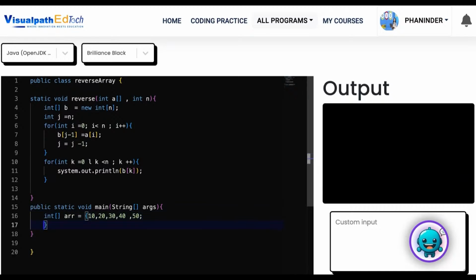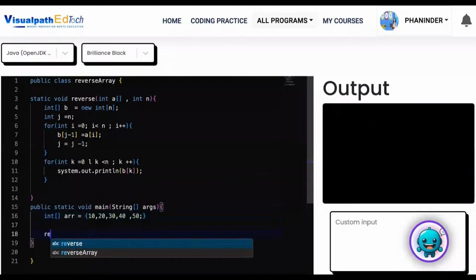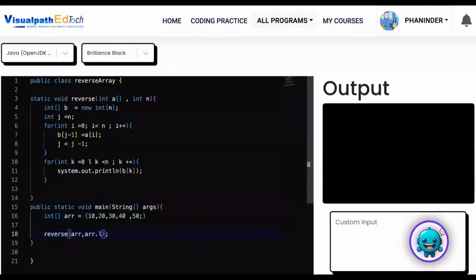Then what we do is we call the method reverse, array comma array.length. So what this does is it prints in reverse order. The output will be 50, 40, 30, 20, 10. So this is how using our traditional for loop we are able to